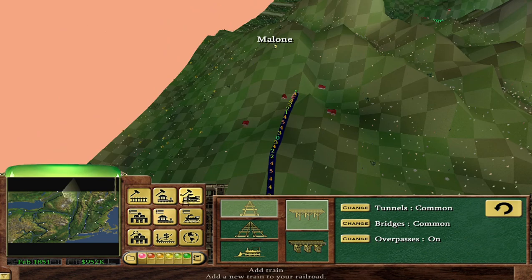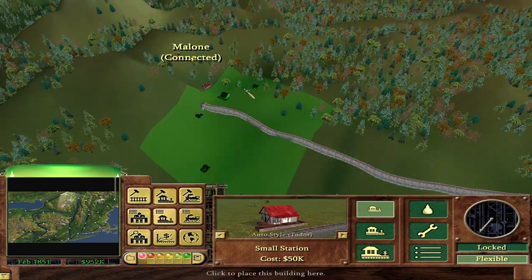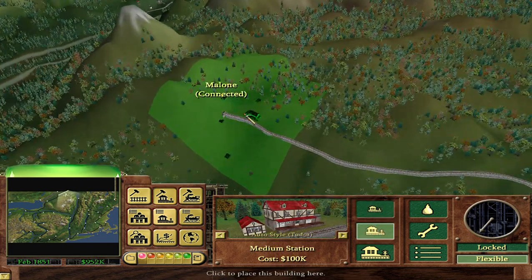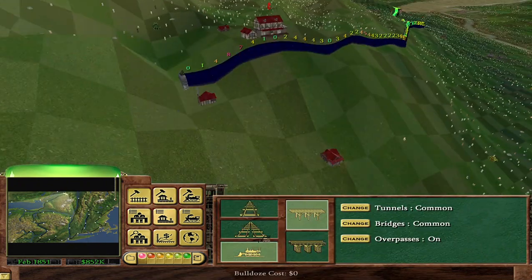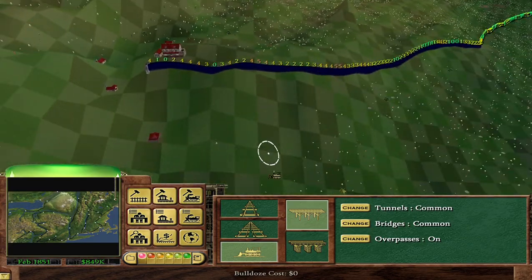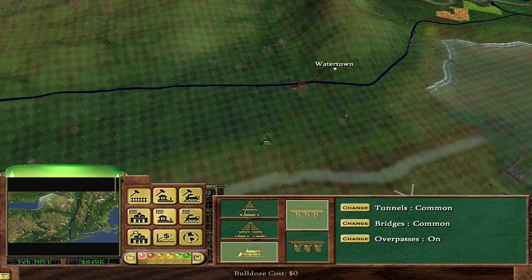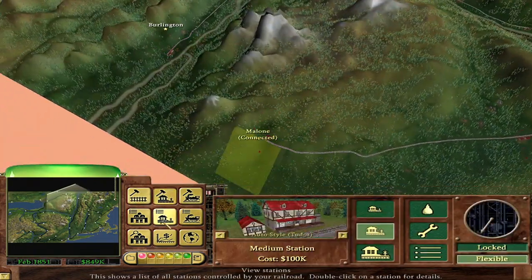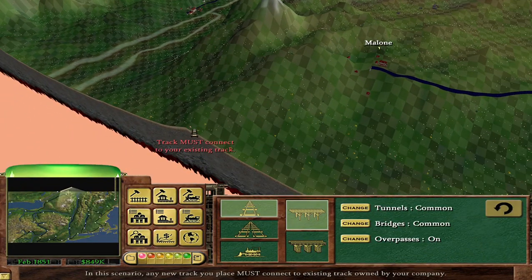There we go. Right, so Malone is pretty small. I can almost get a small station to cover the whole place, but I've managed to do it. I mean, this bit of track is technically unnecessary. I've managed to do it with a maximum incline of like 5% in a few places, but other than that, it's basically flat. And no need to connect Burlington to Malone, which would have been actually probably pretty difficult,